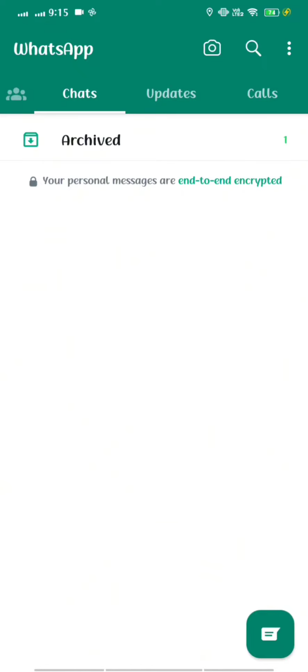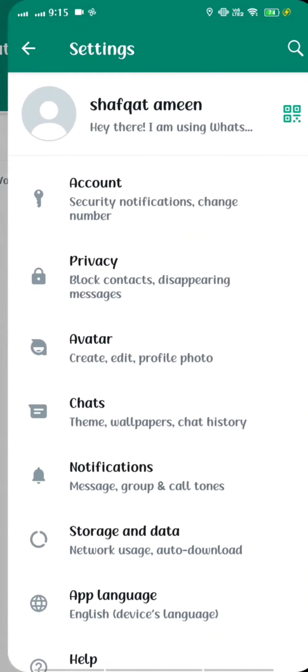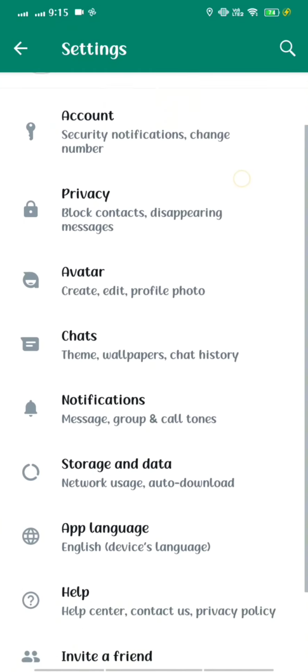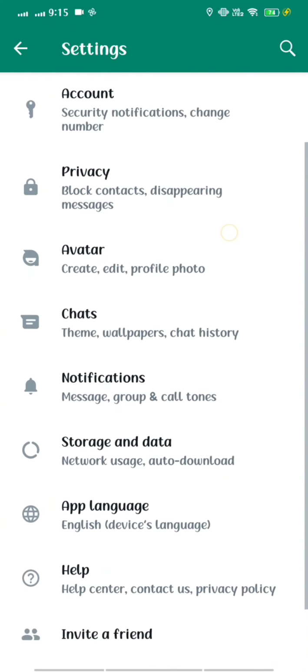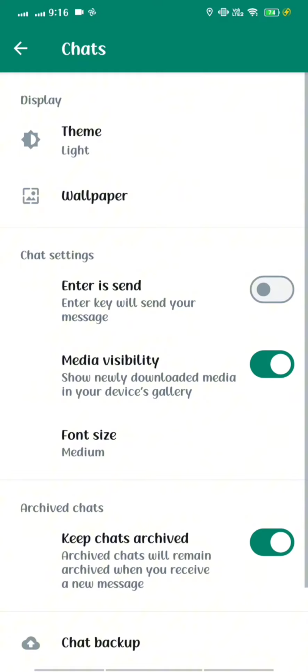So let's get back to the video. You have to click on the three dot lines and then click on settings. You can see that the last one is settings, so click on it, and the first is account, privacy, avatar and chats. You have to click on the chats option, and you can see that the first is theme and